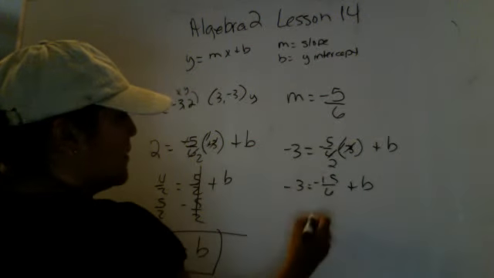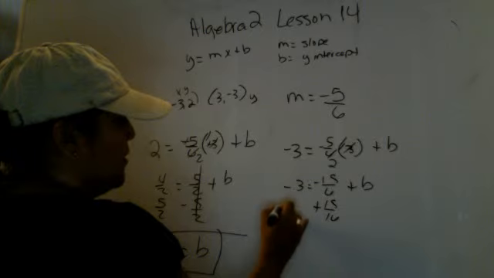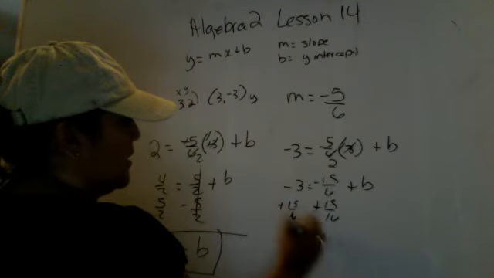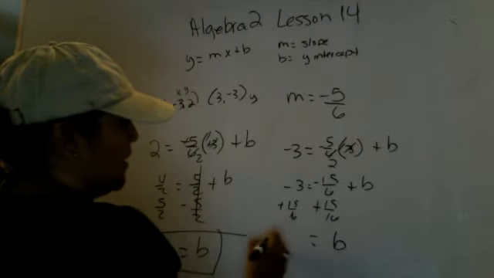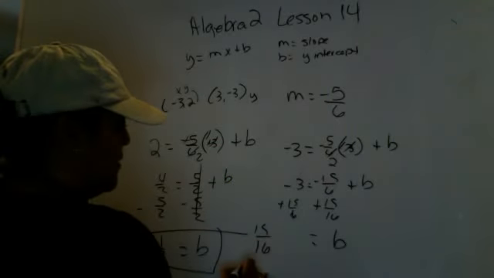We're going to add 15 over 6 to both sides. So you have plus 15 over 6. So b is simply going to be 15 over 6,